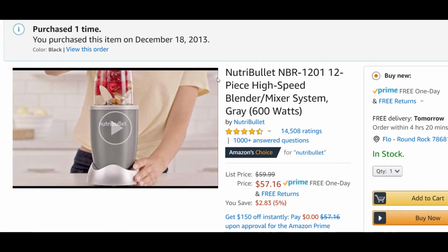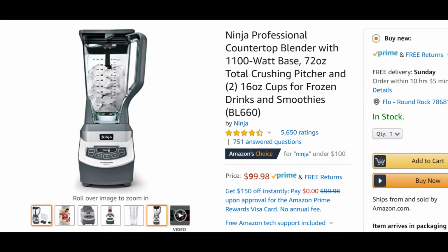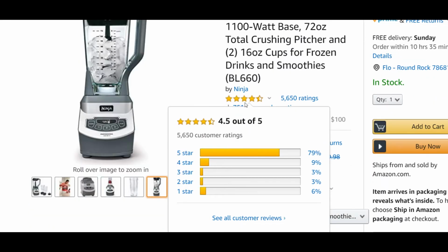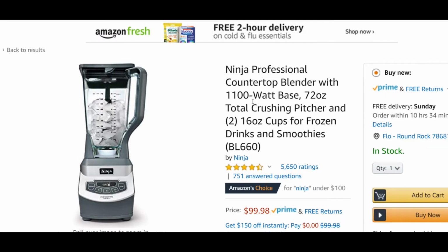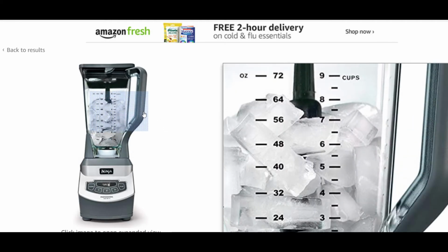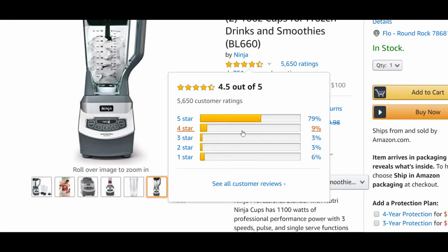So I started thinking to myself, maybe I should buy the Ninja, because a Ninja is a little bit more expensive. It's $100 now. Pretty powerful. And I started reading the reviews. Most of the reviews were good. As you could see here, it has a 4.5 out of 5. But some people were saying the consistency of the smoothies you make were not as good as the Vitamix,